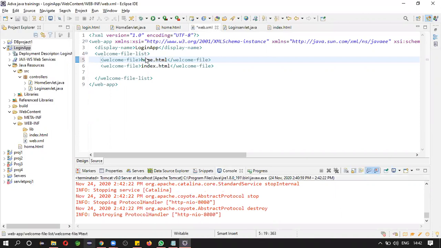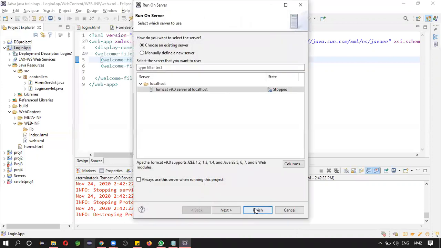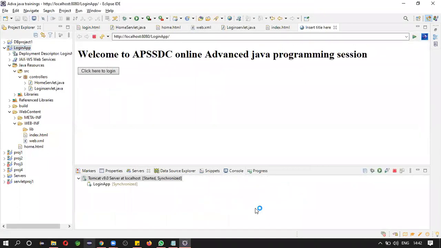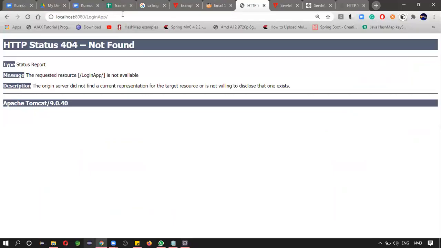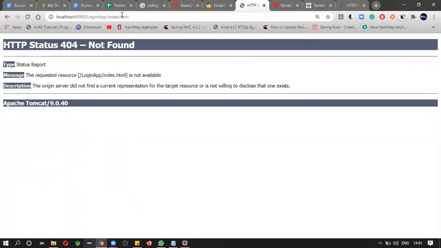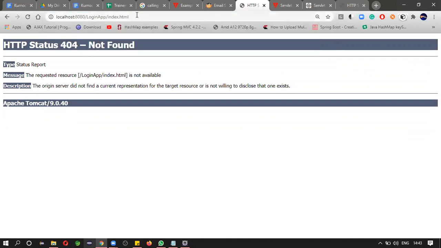Okay, but it should work like this. Index.html, because this resource is already available.